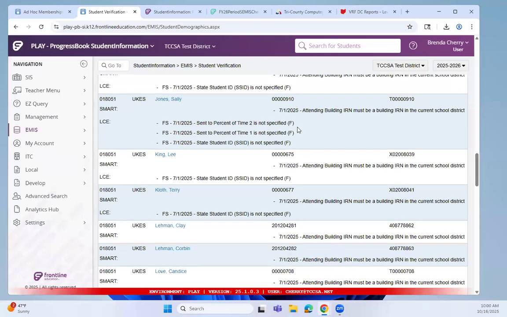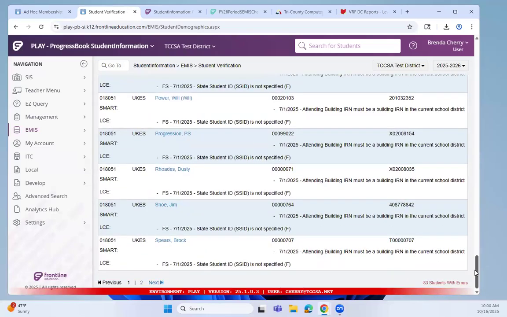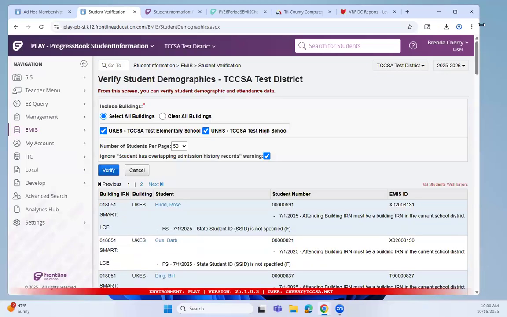Here's one, percent of time not specified, but they're fatals. You have to go in and clean all fatals up. Warnings will go through, but I would clean those up too, because this is your first line of errors. This is the first place you go. So as you run your UNCLEMIS errors, clean those up. You do want those to be at 0. So as an EMIS coordinator, that'll feel really good, because that is one thing that you want to be at 0. While I'm always in there at the UNCLEMIS errors,